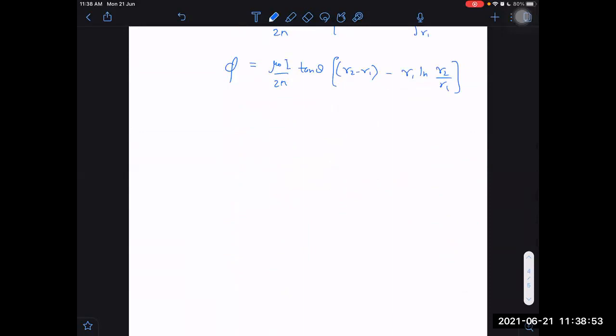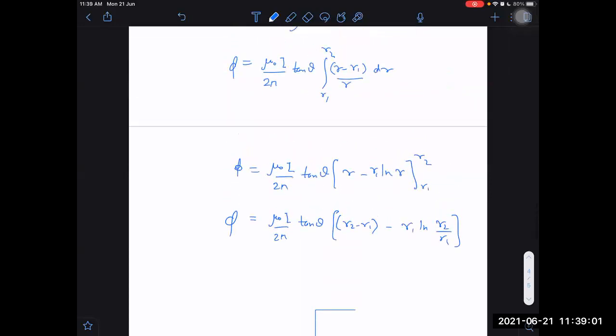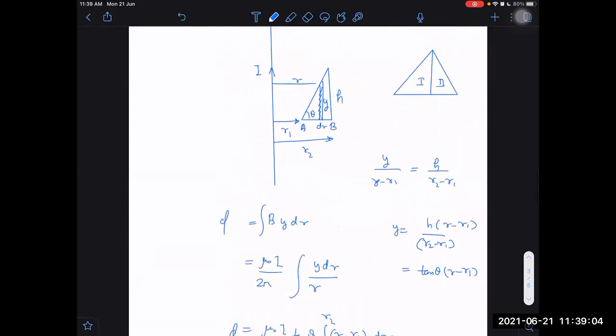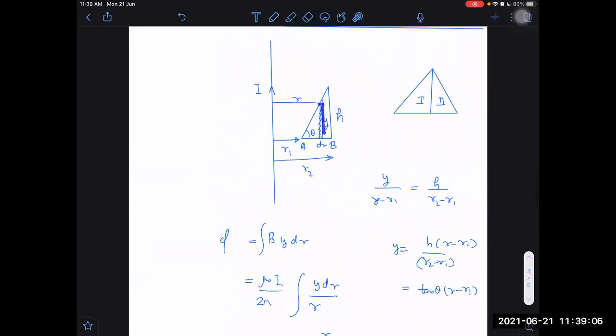Sir, how do you tell the area is y dr here, sir? It's not rectangular. The area is y into dr. It is approximately a rectangle only. What is the percentage difference in the area of this as compared to the rectangular area? Find out that percentage difference, and you will come to know. Take it as a trapezium. You know the area of a trapezium, right? Take the closer edge to be at a distance r and the farther to be r plus dr, use the formula for the area of a trapezium, and then find out the percentage error that you have committed. You will understand that the percentage error in the calculation is 0%.